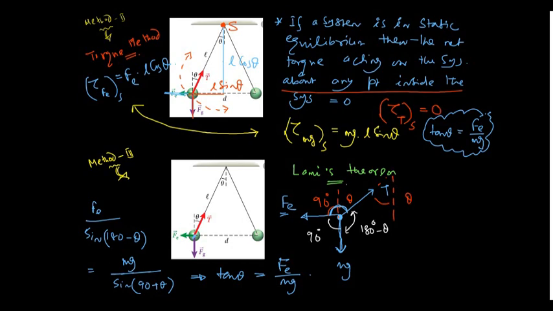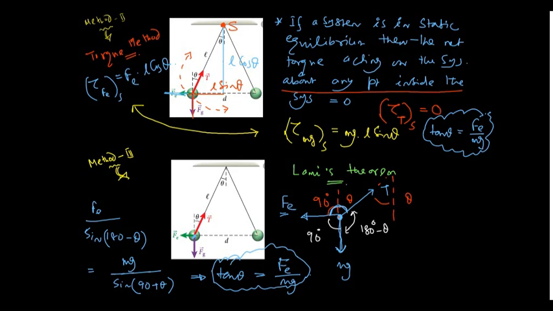Alright, so whether you follow method 1 or method 2 or method 3, you are going to get the same answer, that is tan theta is equal to Fe by mg. That is the beauty of physics, that even if you are approaching the same thing by different methods, you should reach a common conclusion. If you are not reaching a common conclusion, कुछ तो झोल है यार in between, ठीक है ना? You will be gifted -1.